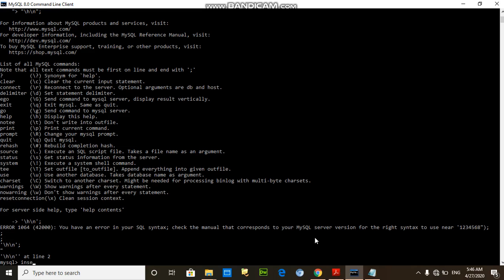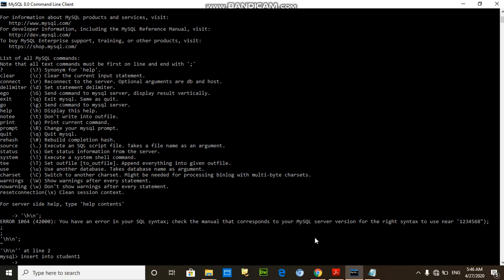The command is insert into table name student1, and values: roll number 111, then name and age. The age is 15, and a mobile number, any 10-digit mobile number, 12345.